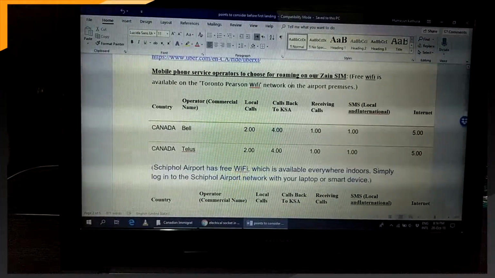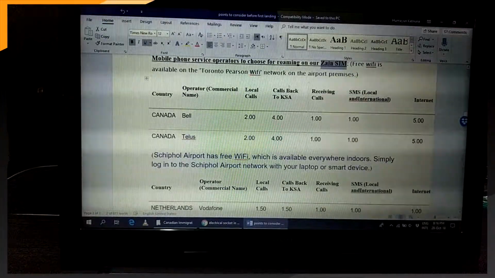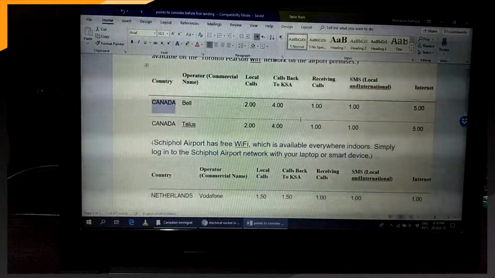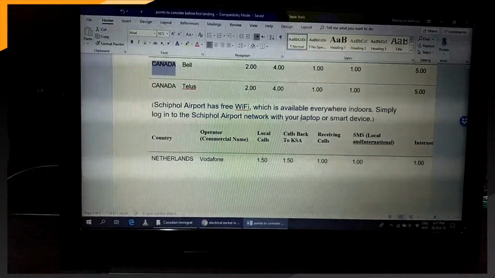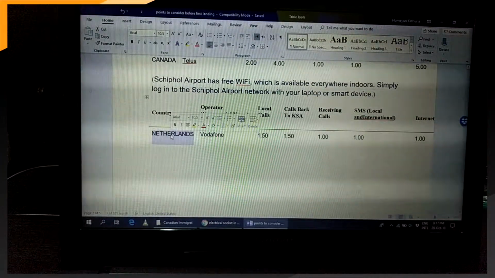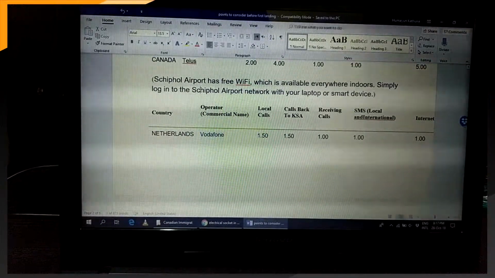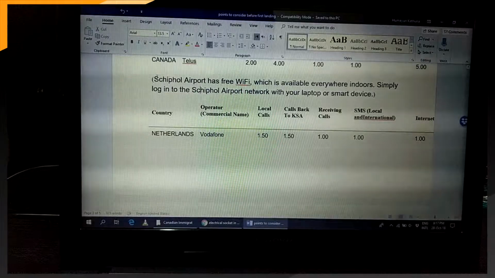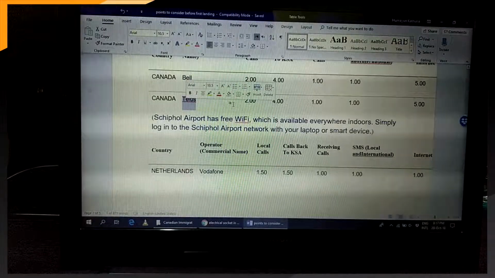So make sure that for your own SIM you know which network to select in Canada to get the lowest roaming charges. Also, if you are traveling via some other country and having a layover in between your flights, make sure you also find out the best roaming operator for those countries. For example, I was coming over a flight that had a layover in Schiphol airport. So in the Netherlands Vodafone was good, and in Canada Bell and Telus were good. So anyhow,